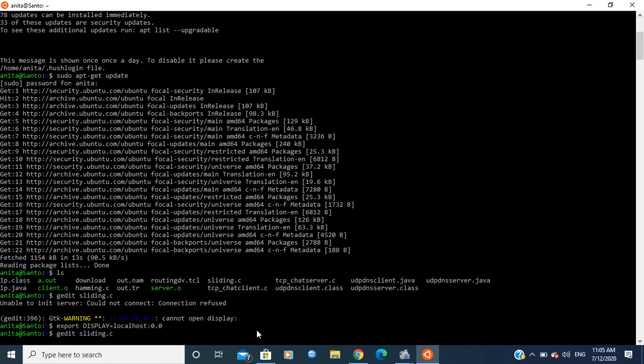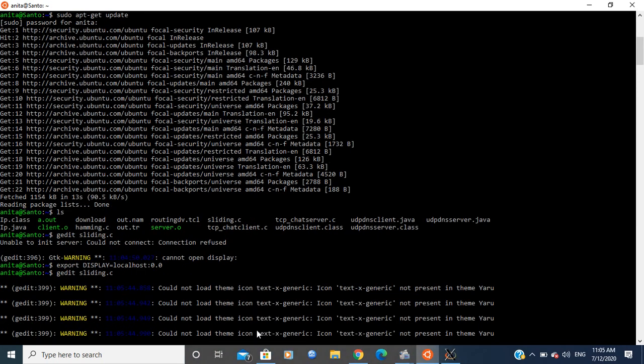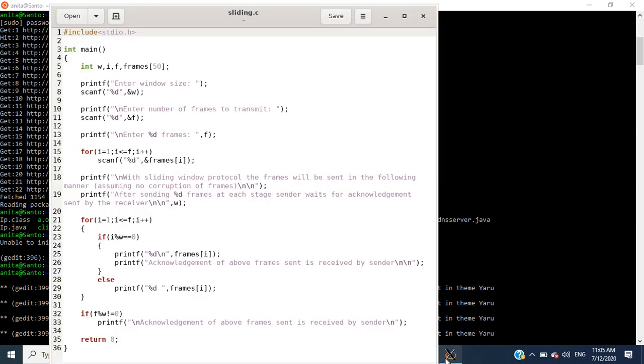Now if I give this command, then it will, yes, it is open, right? So here you can deal with any Java program, C program, you can install NS2 and so on. Thank you.